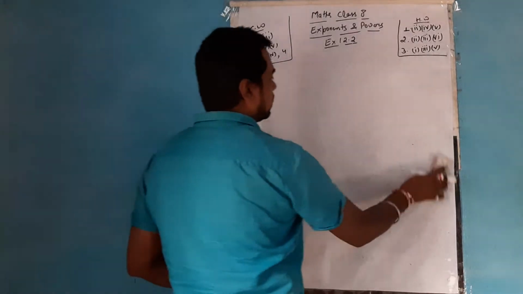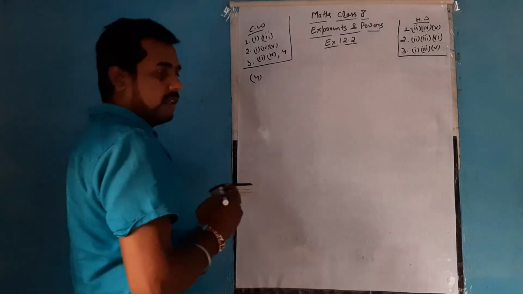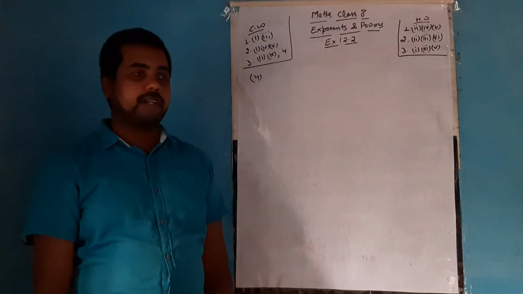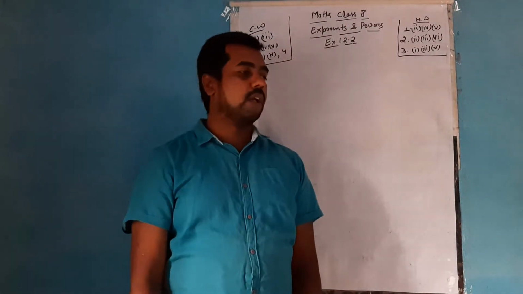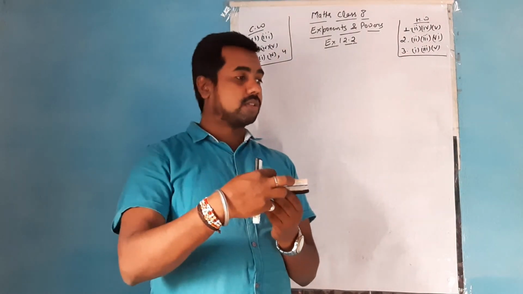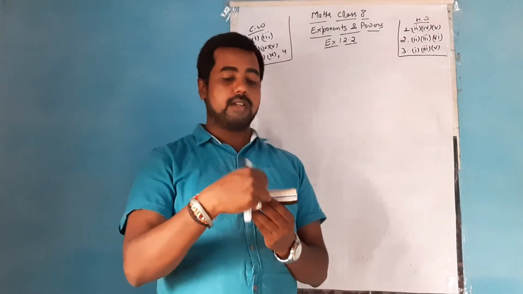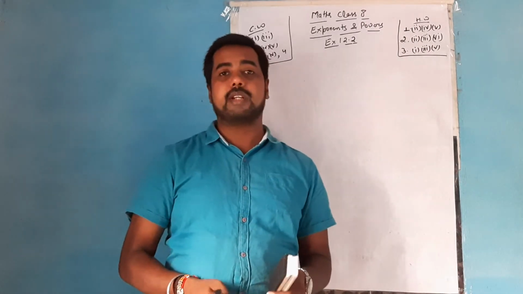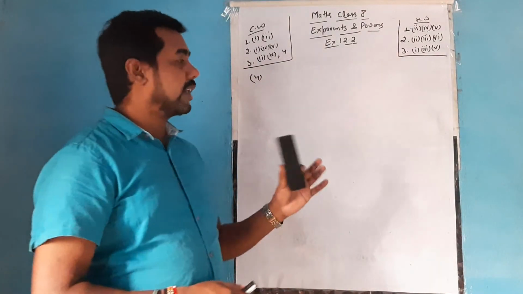And question number 4 says that in a stack there are 5 books, each of thickness 20 mm and 5 paper sheets, each of thickness 0.016 mm. What is the total thickness of stack? Suppose this is a stack. Here the books are kept whose thickness is 20 mm each. 5 books are there and 5 paper sheets are there whose each thickness is 0.016 mm. You have to find the total thickness. It means you need to add up the thickness of both.